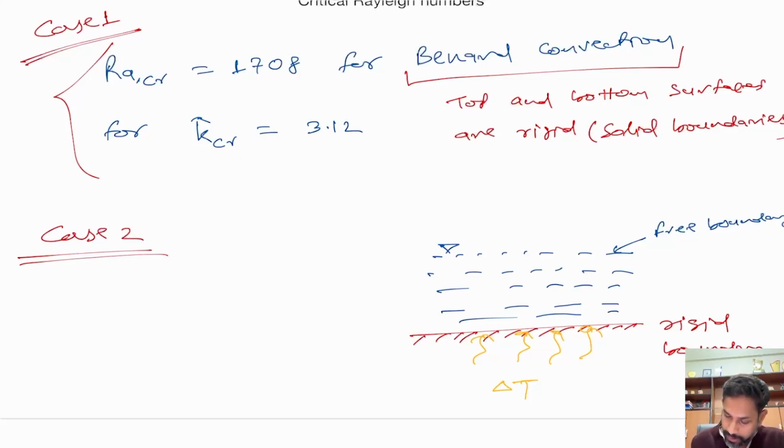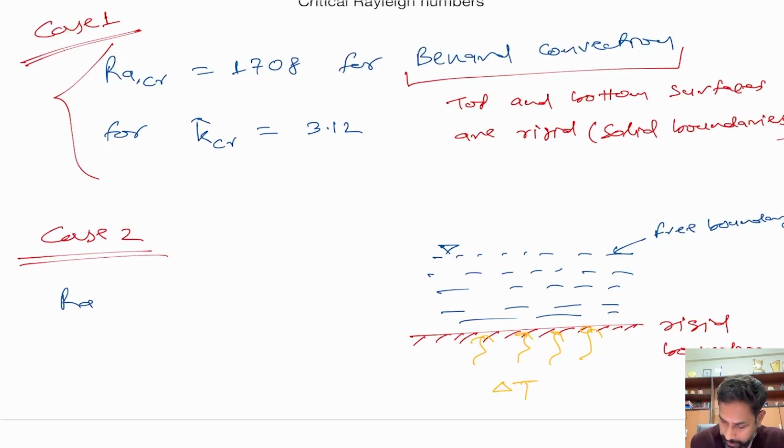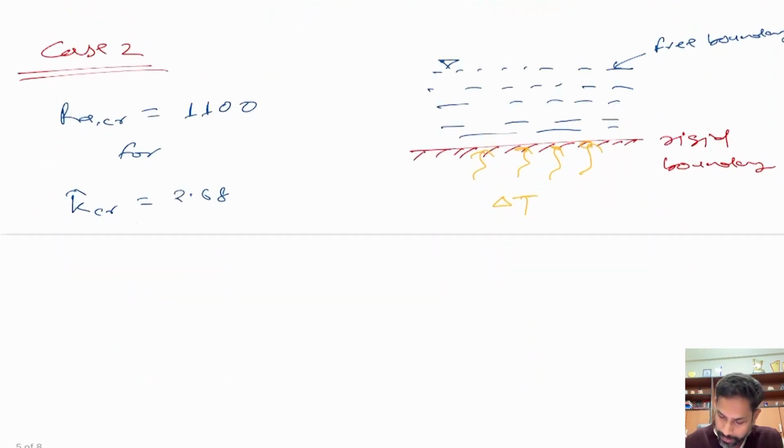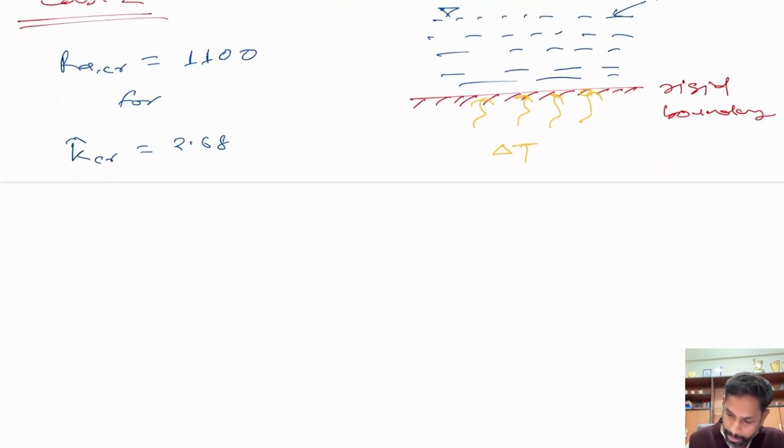And here the Rayleigh number we get, Ra critical, is roughly 1100 for K hat critical of 2.68. So this is when the upper part has a free boundary and the lower part is rigid. Okay, that is case 2, whereas in case 1 both are rigid. Now we can also consider case 3,